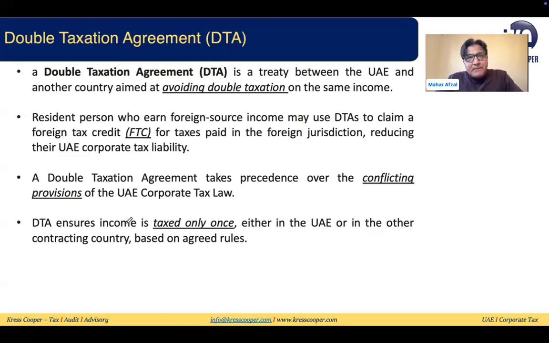So whatever the generic principle of the law, we need to go through this. Whenever we have a cross-border transaction, whenever we have foreign source income, whenever we are looking to claim the foreign tax credit, we need to look into the provisions of the double tax treaty as well. Maybe the treaty will allow you a 100% claim of whatever tax you already paid outside the UAE. Maybe the treaty will restrict you as per the provisions of the law. We need to look into the treaty. What does the treaty say between the two countries? How can we claim the foreign tax credit?